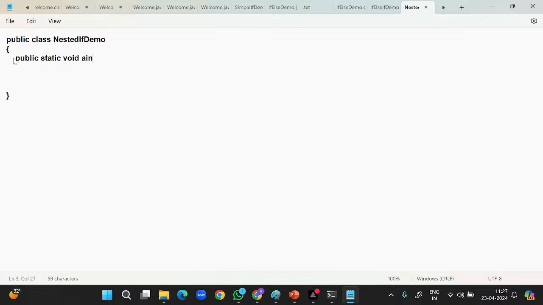Public static void main. Here I will take one variable, int a equal to 5. I am initializing the variable. Here I will take one if block, and here I will mention a less than or equal to 10. I have written the condition,